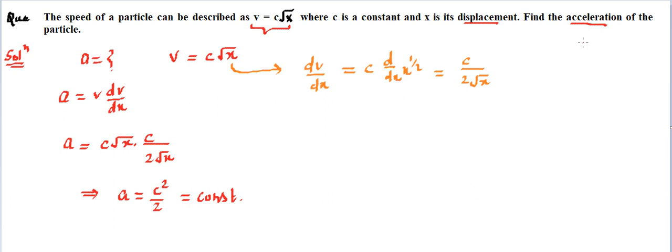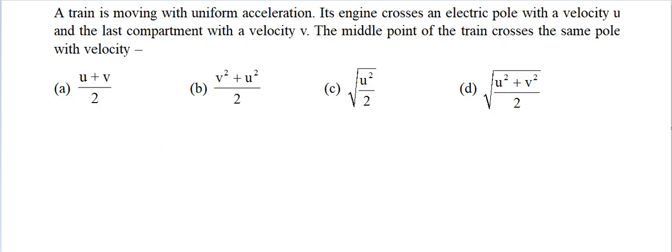So even if you apply the third equation, you will get the correct answer, but that will be luck or coincidence, because finally we are getting the answer as a constant. Had it not been constant, then your method of applying those equations would have been wrong, right? So the point is, until and unless you are sure that acceleration is constant, don't use those equations. Go with the equations that you know, the basic definitions, and you will get your answers. Fine. Now I'm giving you 2 questions to solve on your own and answer or prove.